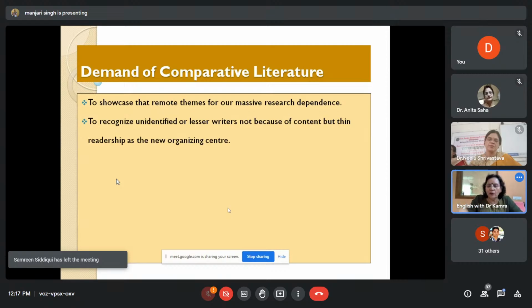And then you find that we need to identify. It's not that lesser writers do not write mighty ideas. It's not that they do not have deep understanding of life. It's not that they will not enlighten your mind. It's not that they will not illuminate your pathways. They will. The only thing that we need is readership, focused readership.